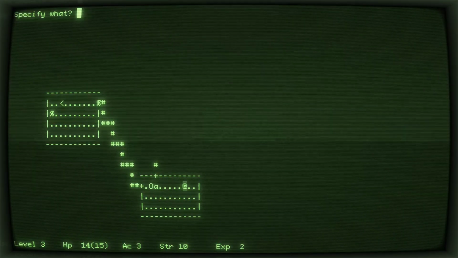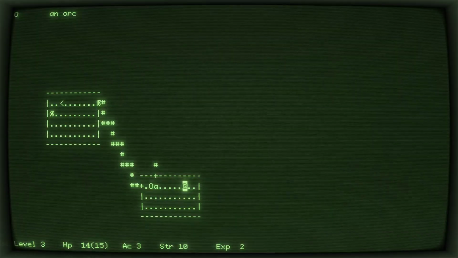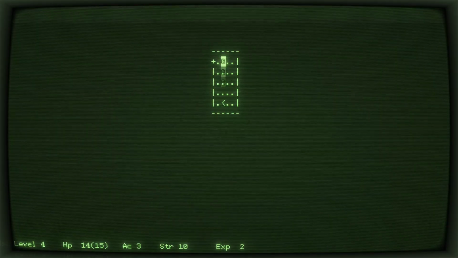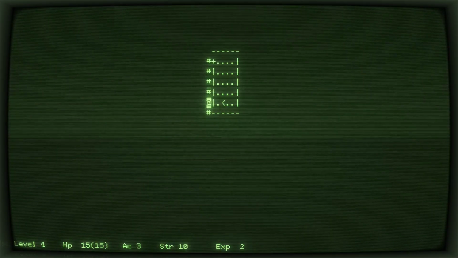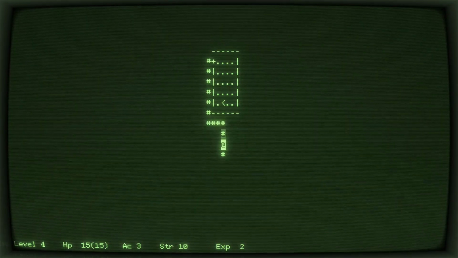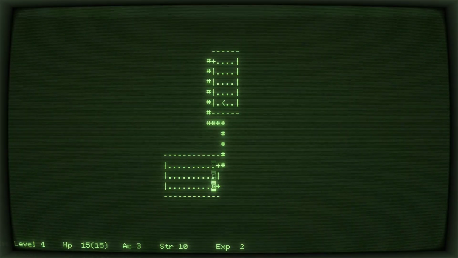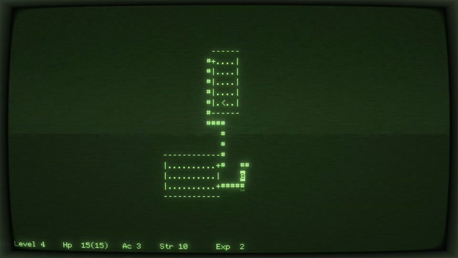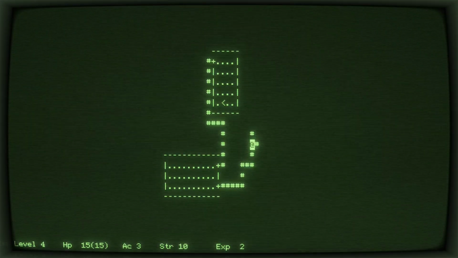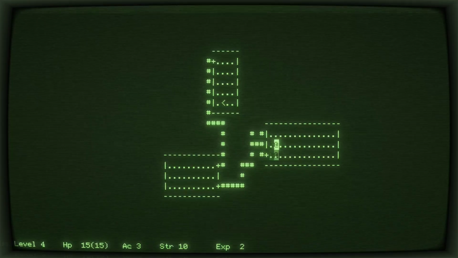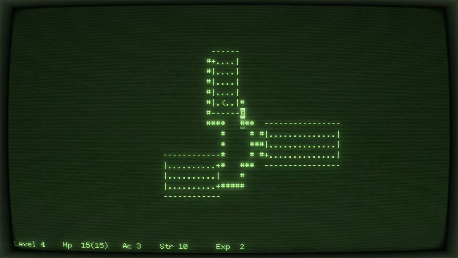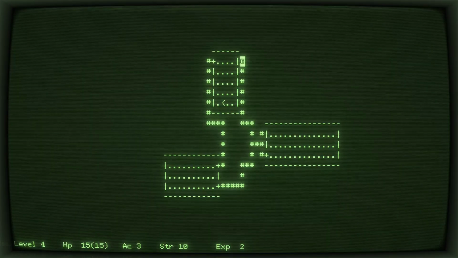Oh, there's a capital O for orc. Let's descend deeper. We haven't come across any shops yet. I think there might be some other unique rooms that can appear, such as vaults or graveyards. I read something about that, but I've never encountered that. Hopefully we will be so lucky. Probably have a secret door there. Yes, indeed. Hello, Leprechaun. Please leave us alone. Thank you.